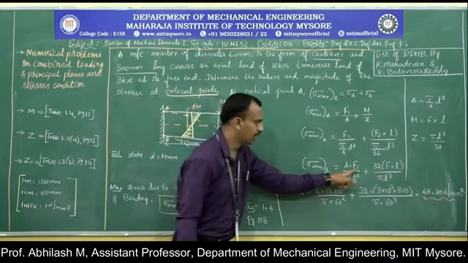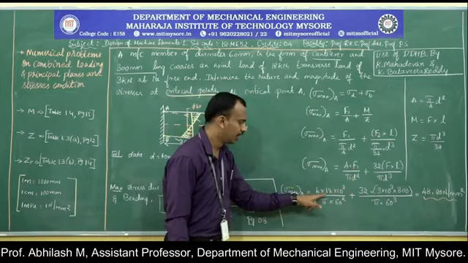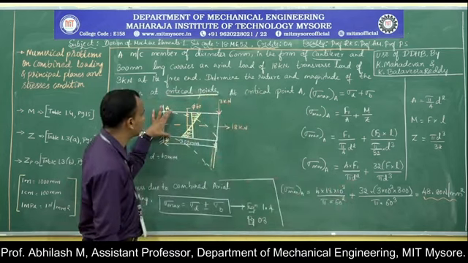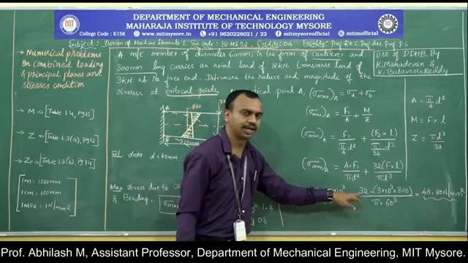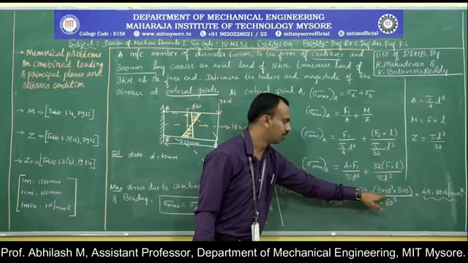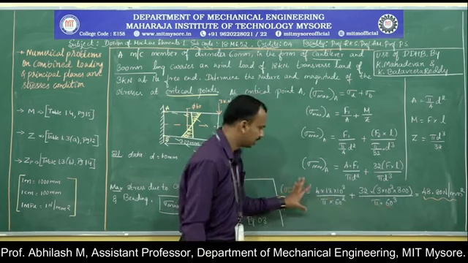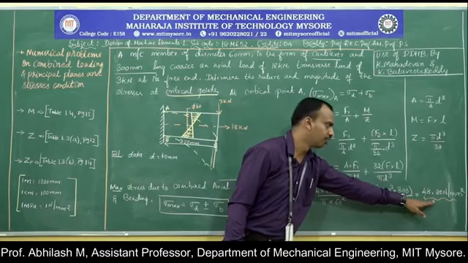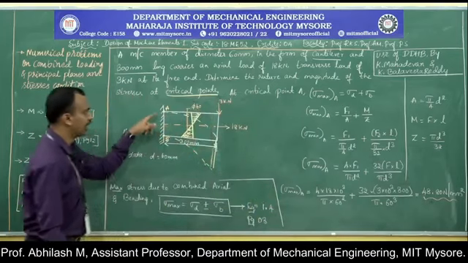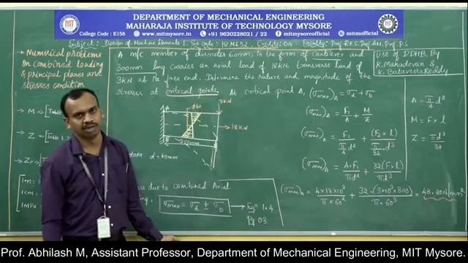Just substituting and obtaining the maximum stress at the critical point A, we know F1 is the axial load of 18 kilonewton, with kilo converted into Newton: 4 into 18 into 10 to the power of 3 divided by pi into d square. D is the diameter, so the diameter is 60, so it is 60 square, plus 32 into F of the transverse load which is causing the bending, so 3 into 10 to the power of 3 into 300 divided by pi into 60 cube. By substituting, we obtain the value of 48.8 Newton per millimeter square, indicating that at the critical point A, the stress developed is 48.8 Newton per millimeter square.